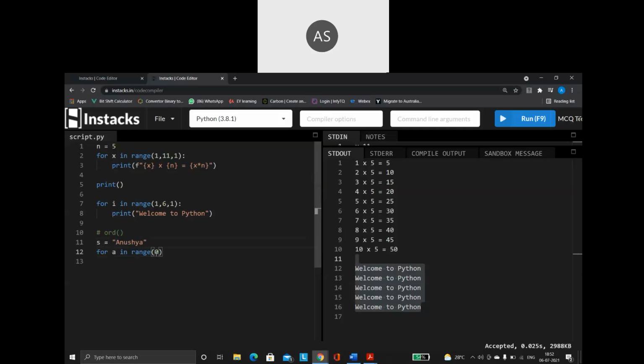I have to start from the 0th index position, so I am giving 0 here. Then what is going to be the ending? I don't know how big the string is, it has to go till the end. So what ending value am I going to give? len of s. Whatever is the length, keep running this loop till there. Then my step value, I am saying it as 1.